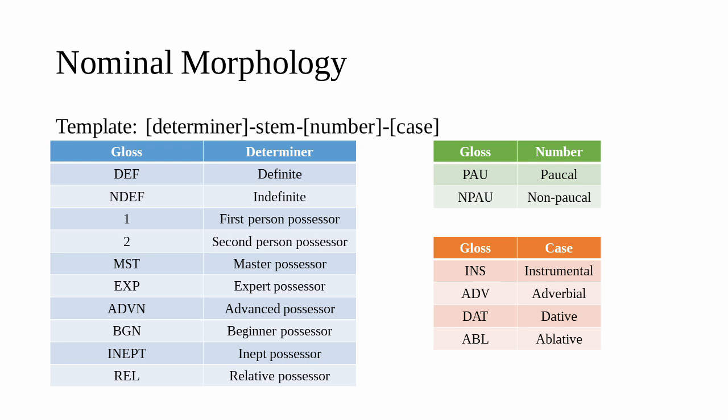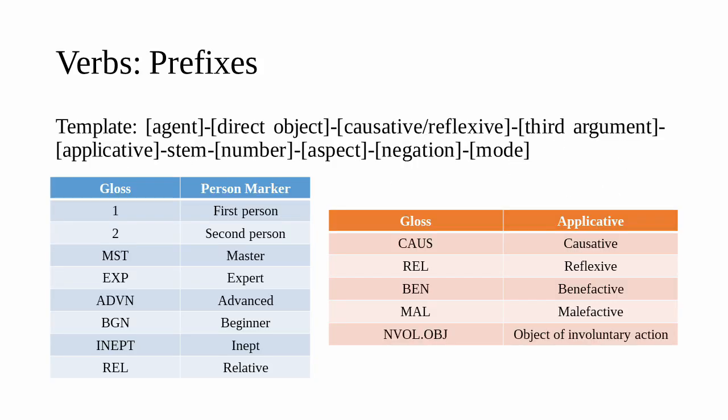Note that none of these are for core role marking, i.e. subject or direct object. That happens on the verb. The verb's prefixes handle the arguments, i.e. the subjects and objects, while the suffixes handle everything else. The main prefixes, apart from the person markers themselves, add or subtract arguments from the verb.